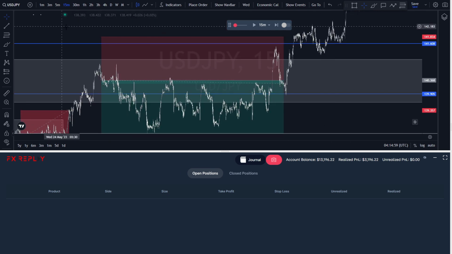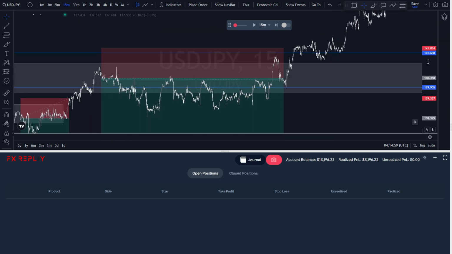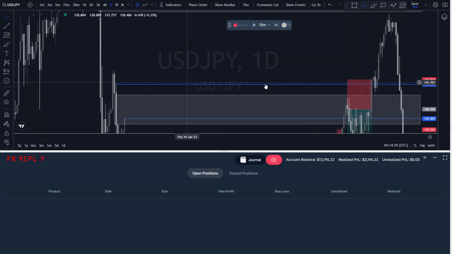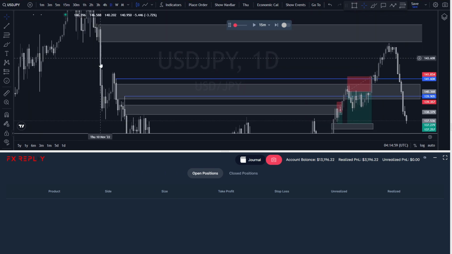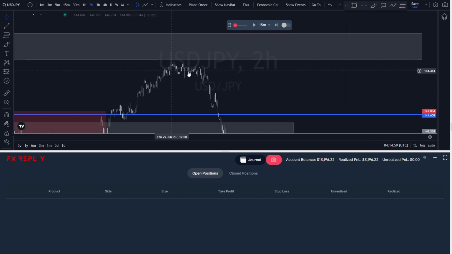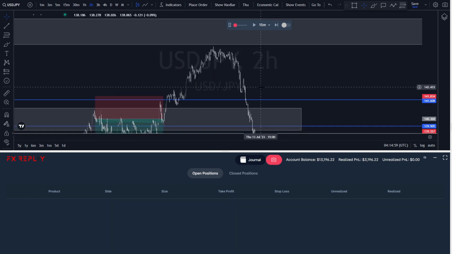Price instead went up to take out even more areas of liquidity, and also went into another daily fair value gap that was even above this. But I was considering, like I said, entering here, but it did not touch the order block, so I was waiting for more confidence, but it didn't happen. And that's fine.